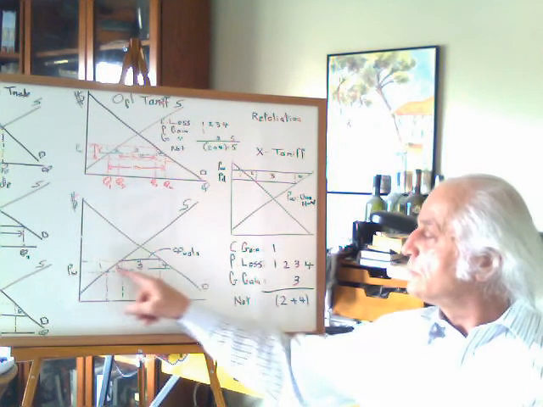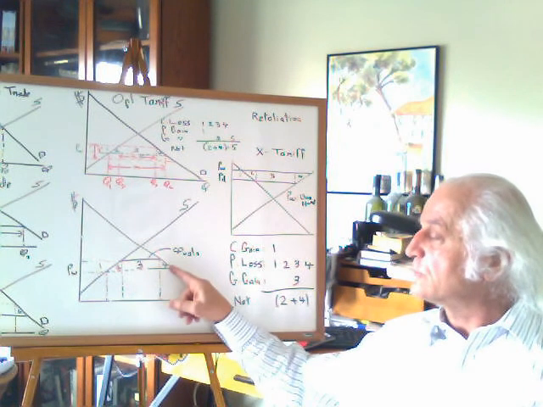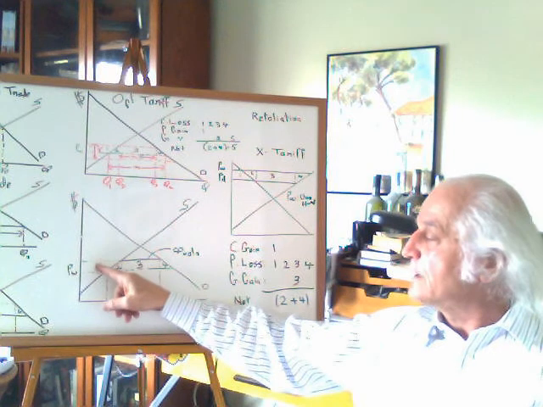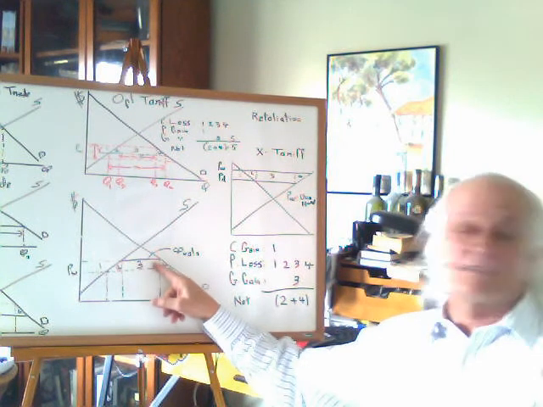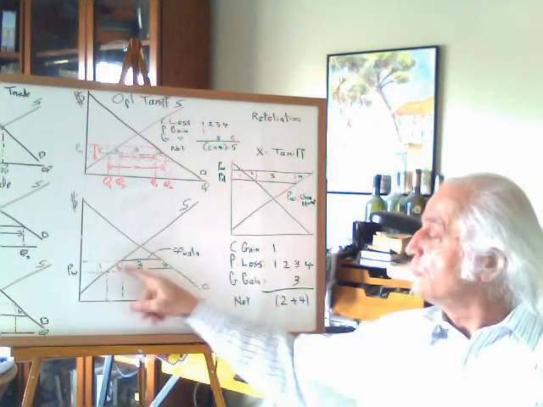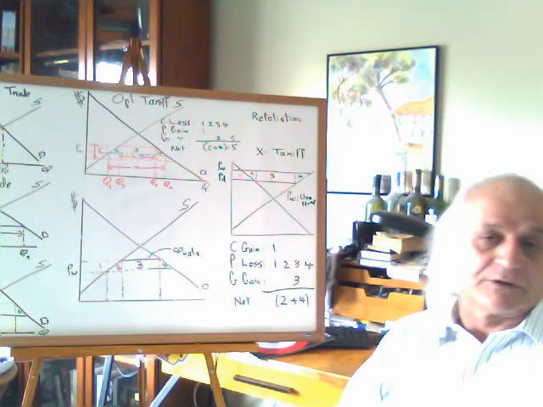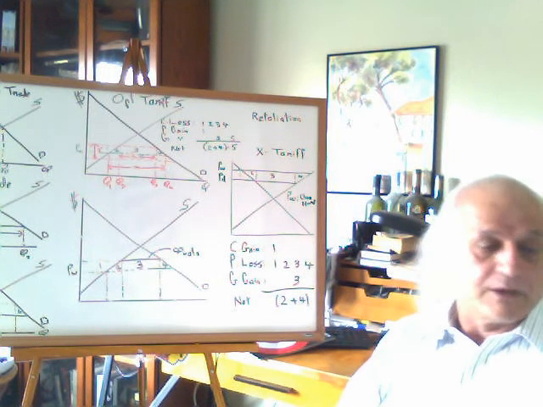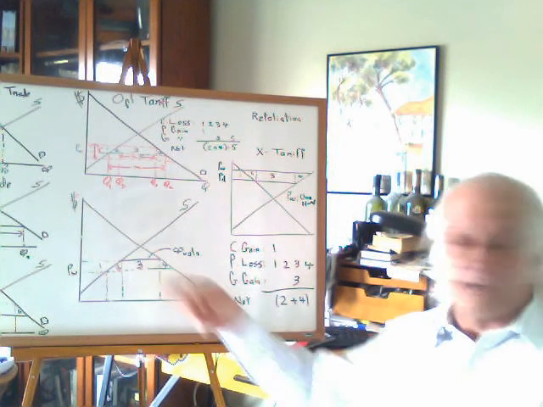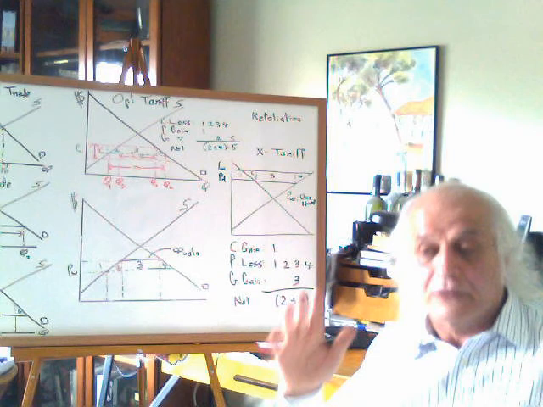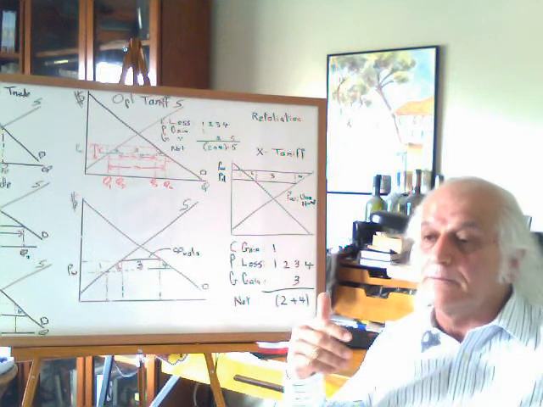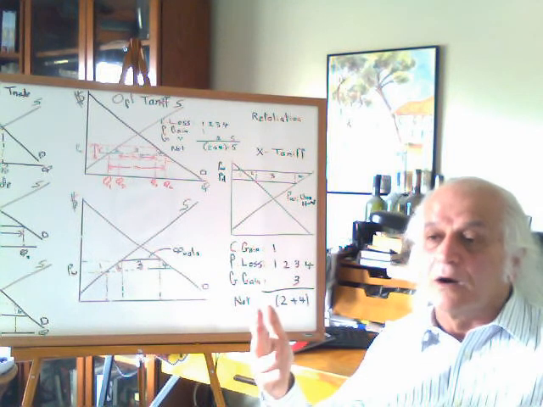And so 1, 2, 3, 4 is going to be lost by the consumers, 1 is going to be gained by the producers, 2 and 4 is going to be the net loss, plus 3. So 2, 3, and 4, in essence, become the net loss of that particular country as a result of, I would really call it personally, a policy that was